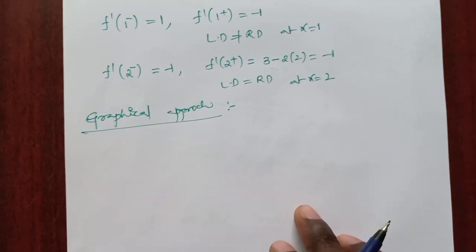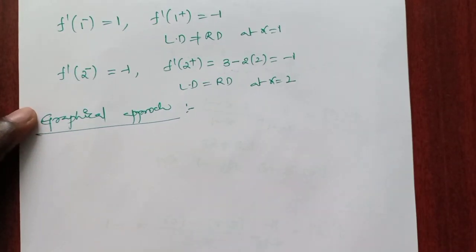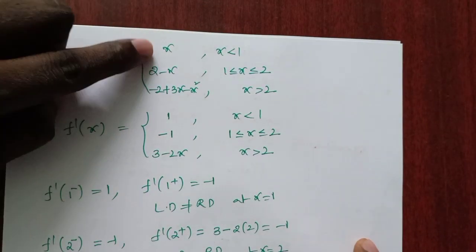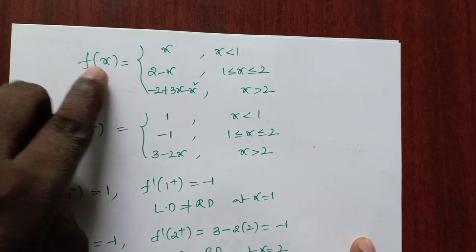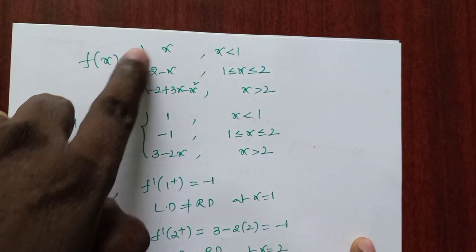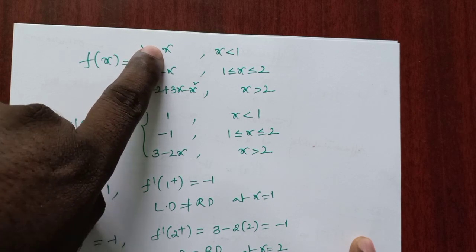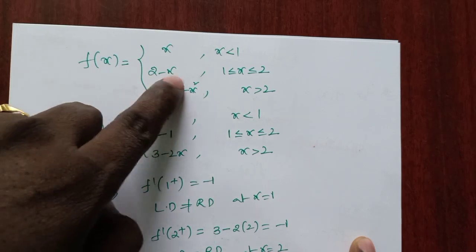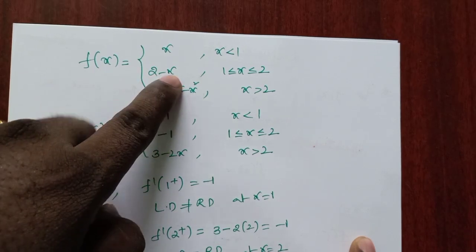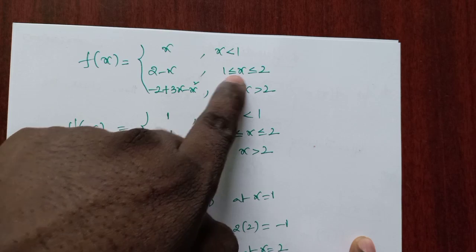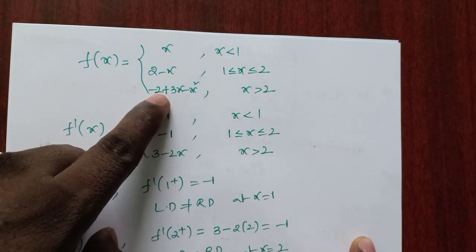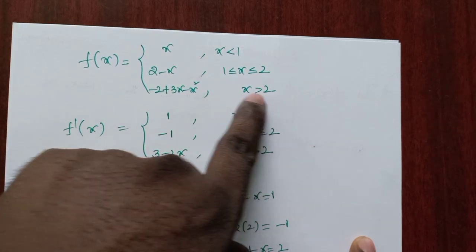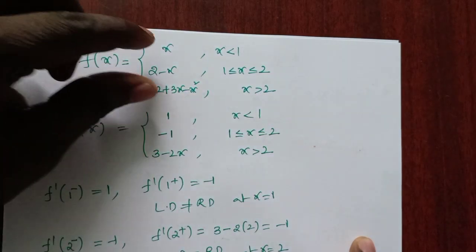See, this is a very important approach. Now for the same function, we have three functions over here. The first one: f of x can be treated as y, so y equal to x, that is a straight line which always passes through the origin, in the region x less than 1. And coming to 2 minus x, it is also a straight line, a linear equation, which lies in between 1 and 2. And minus 2 plus 3x minus x squared is a curve, second degree, in the region x greater than 2. So by using this given data,